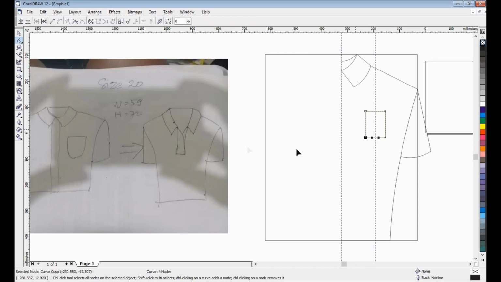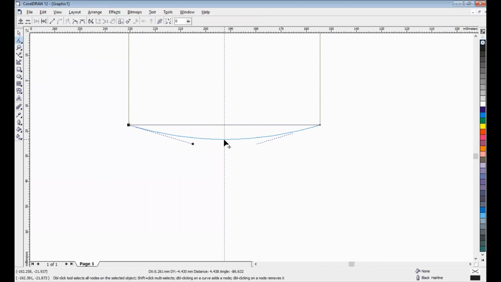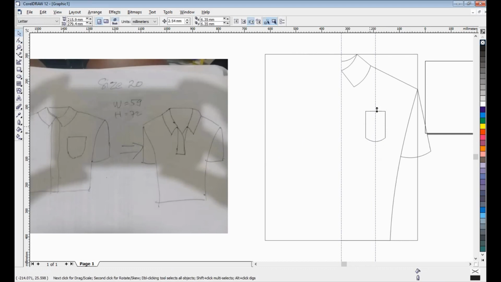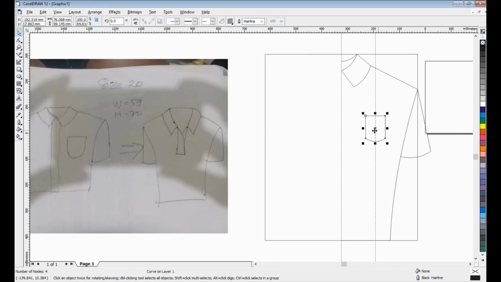I will take the center. Yeah, maybe like this. Okay, it's enough, I think. Okay, that's it.